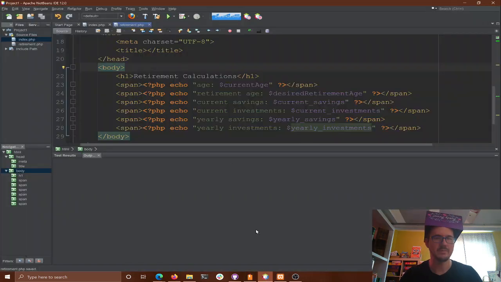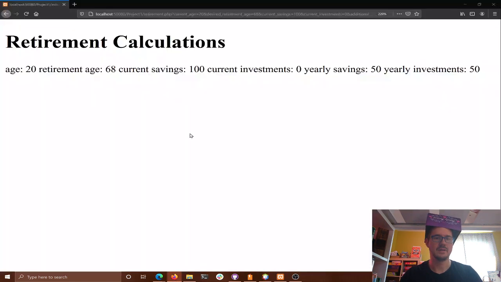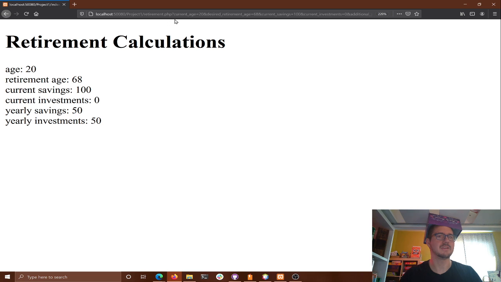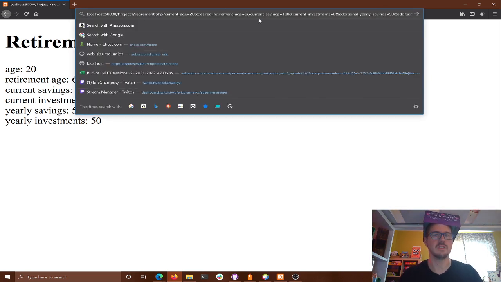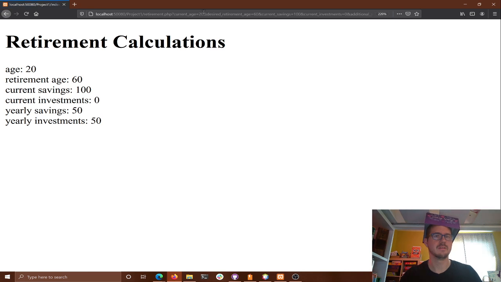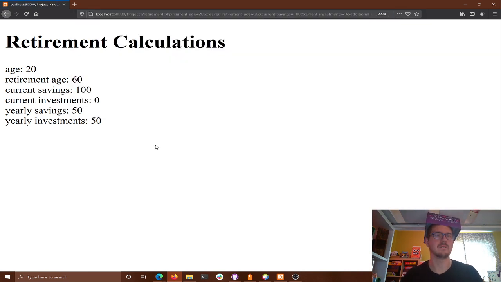Nice. Okay, so I'm missing my breaks. We'll add in some line breaks here. Right, BRs are line breaks in HTML. And if I just save, I can hit refresh and I've got the page. Because it's this GET, right? All this is in this query string. I can change any of these things if I want, right, without having to go back to the form. That sort of thing, okay?